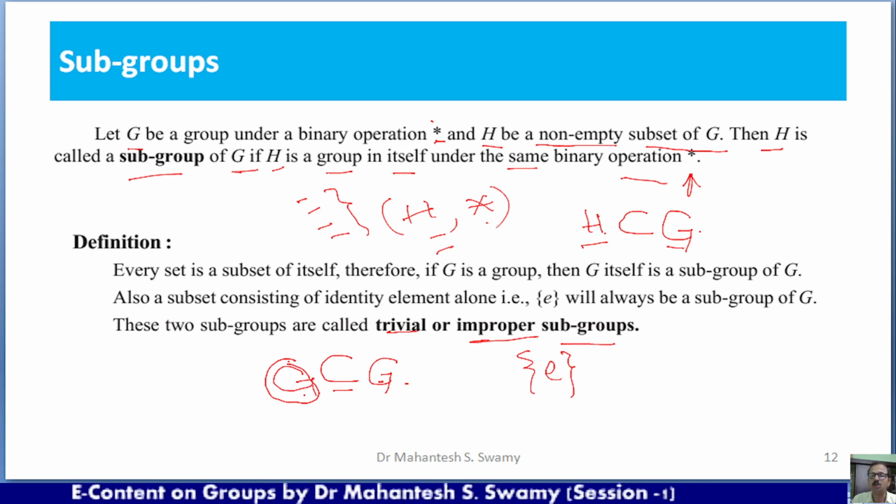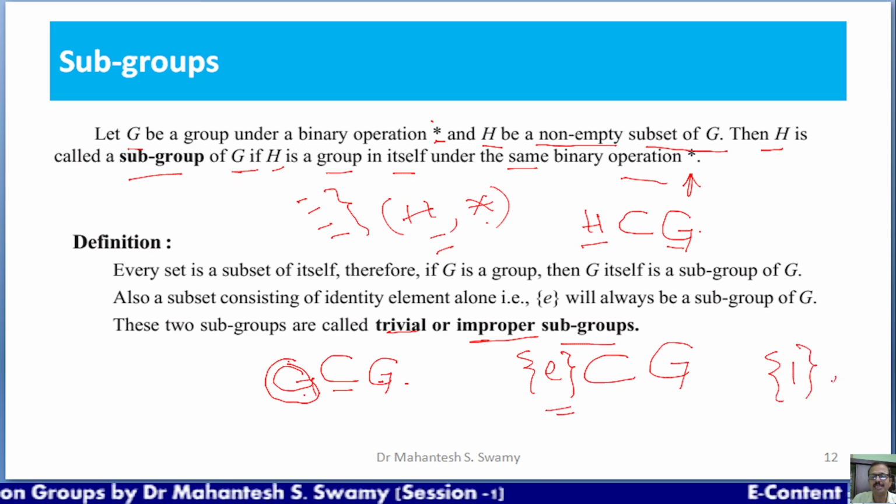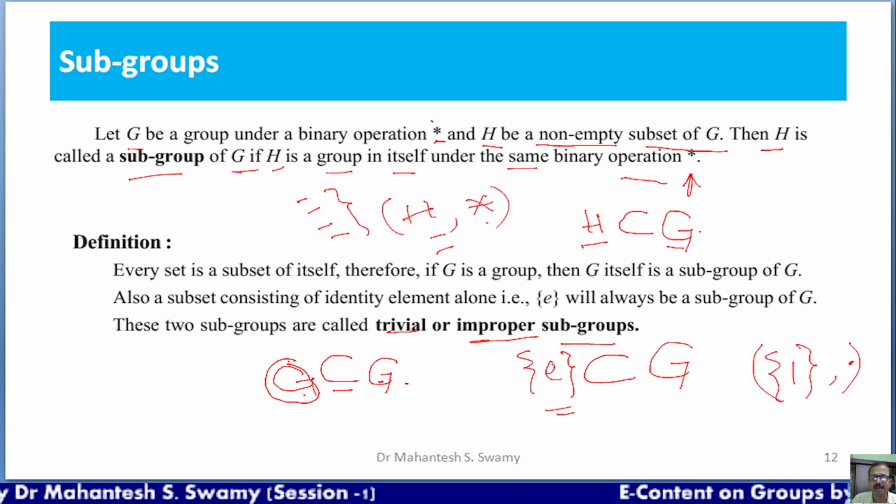Then only that becomes a group, and then that becomes a subgroup. Now, here the singleton set E will become, first of all, a subset of G. And I have shown you in the previous slide that singleton 1 is a group with respect to multiplication. Similarly, this singleton set containing element E is a group with respect to the binary operation star. So this set is becoming a group,